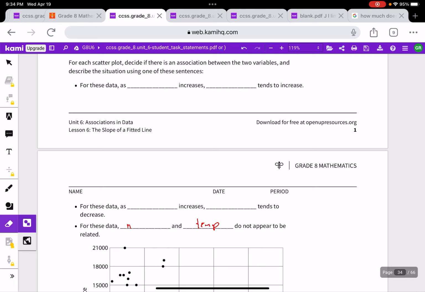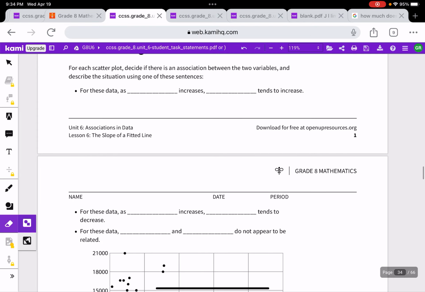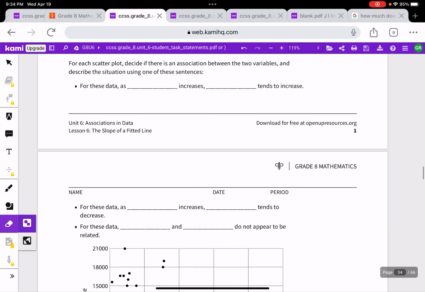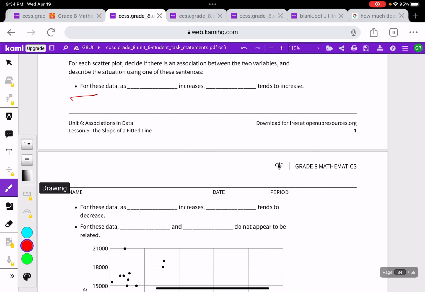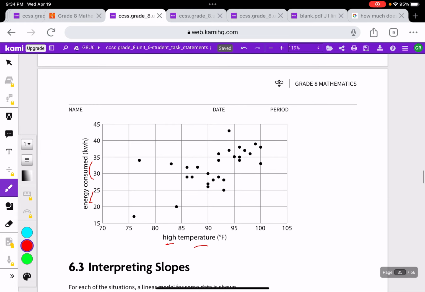But that's okay. I'm glad that I just looked at it and I'm thinking. My brain is engaged. It says for each scatter plot, in the very first assignment, 6.2, describe the situation using one of these sentences. There's this sentence. There's this one. We didn't have to use all three. In fact, we didn't need to use that one. Because like I said, I thought I saw a positive association, and sure enough,